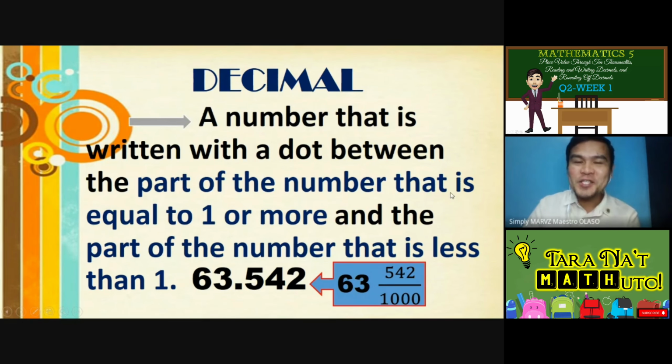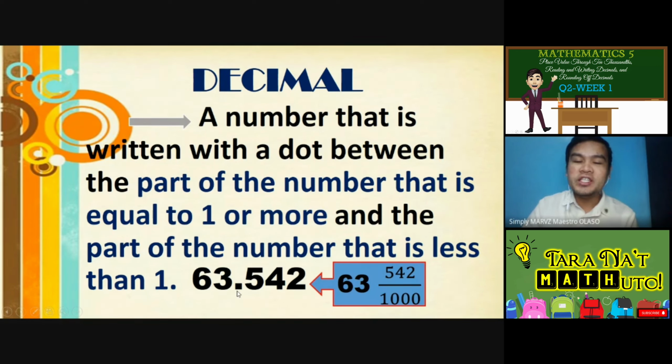When we say decimal, it is a number that is written with a dot. That dot is the decimal point. The decimal point separates two kinds of numbers. The first one is the part of the number that is equal to 1 or more, these are the numbers on the left of the decimal point. And the part of the number that is less than 1, these are the numbers on the right of the dot or decimal point. For example,